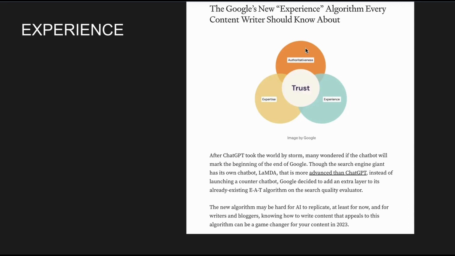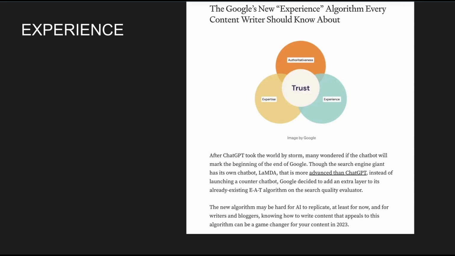I think experience is the new one. Basically, it's what humans have, it can describe, because we interact with the physical world and with information, and we make conclusions and stuff like that, versus the AI, which still doesn't have that part. So this is how they will distinguish between AI content, for example, and someone who speaks from experience. And this is the only advantage that we have now, but it will be a very short period of time.